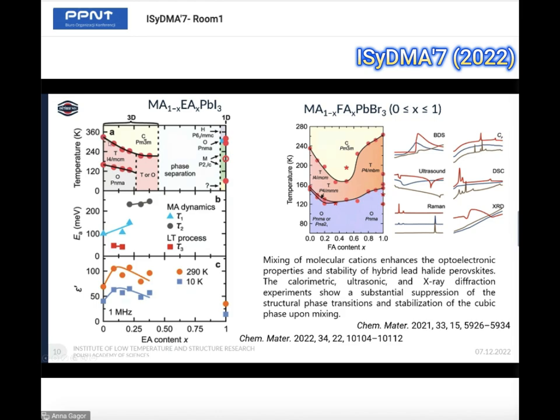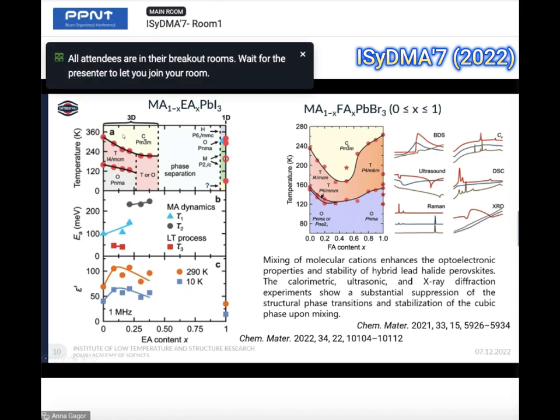And it is very important because we can decrease the temperature of the phase transition, and in the temperatures when the photovoltaic cell works, we will not have a phase transition, which is for engineering much better. And the second thing is that by addition of ethylamine, we can obtain much more stable materials. So these chemical substitutions may slightly modify the material, slightly modify the band gap, but also totally change the temperature behavior and the